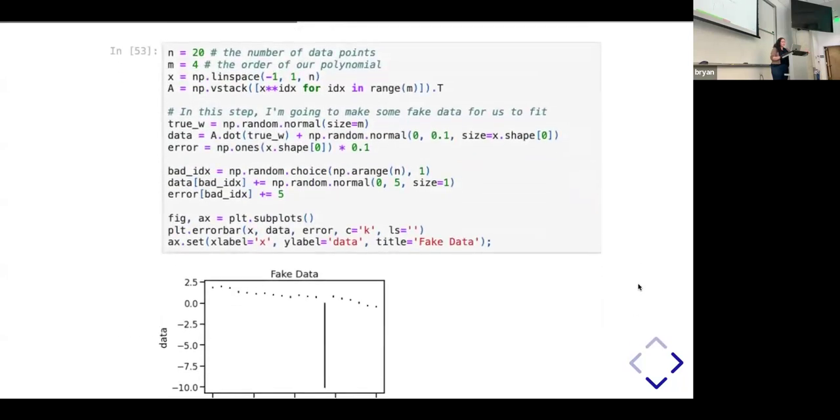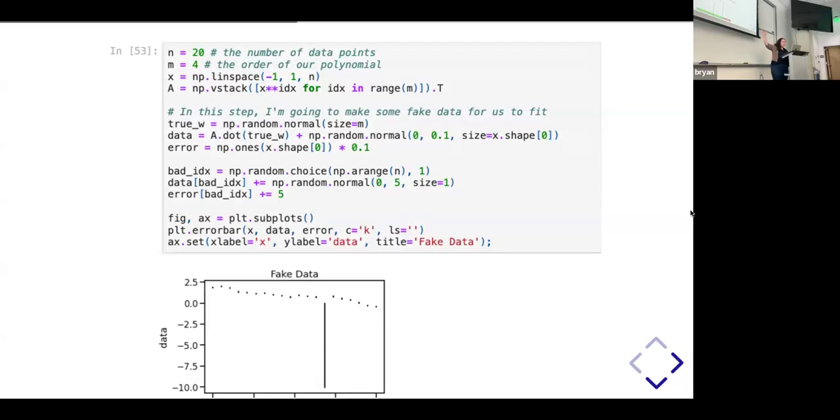All right, let's make some fake data. I'm sorry that we can still see this. Let me disappear this. Okay, I made it worse. I've made some fake data here. The fake data is some